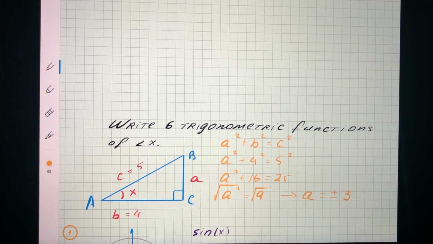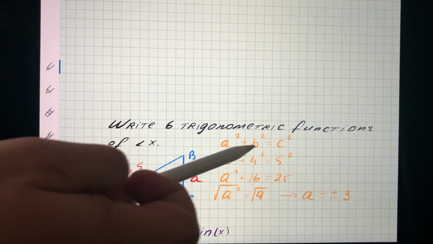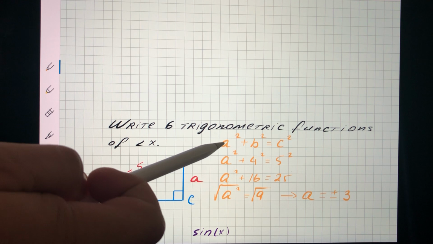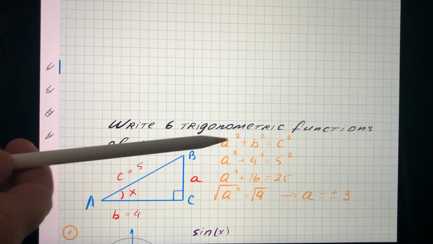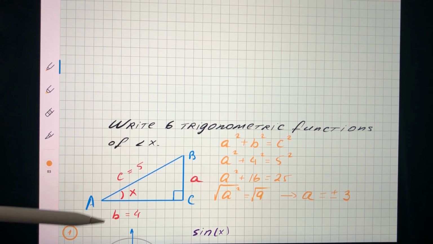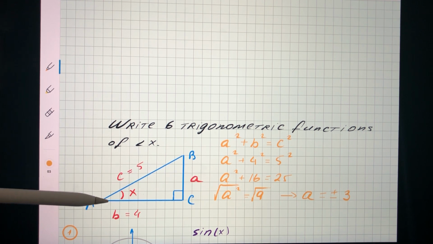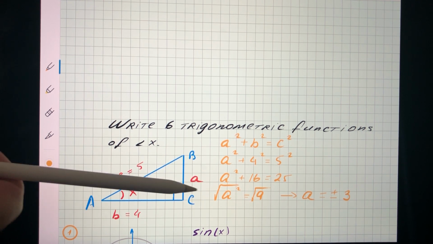The only side that can never be negative is the hypotenuse, because the hypotenuse is made up of two numbers that are both squared. And when you square any number, positive or negative, it becomes plus. So if we add two numbers that are pluses, we can never get a negative number. But the other two sides could have been negative, because when you take a negative and square it, it turns